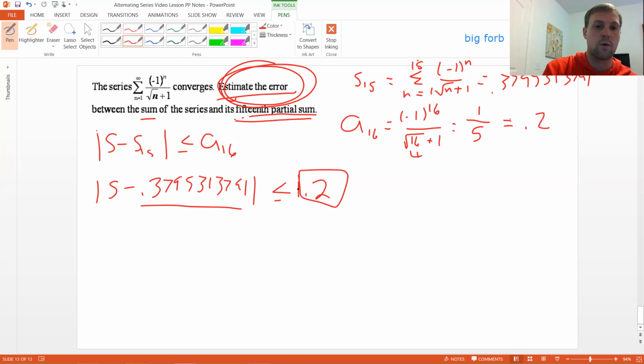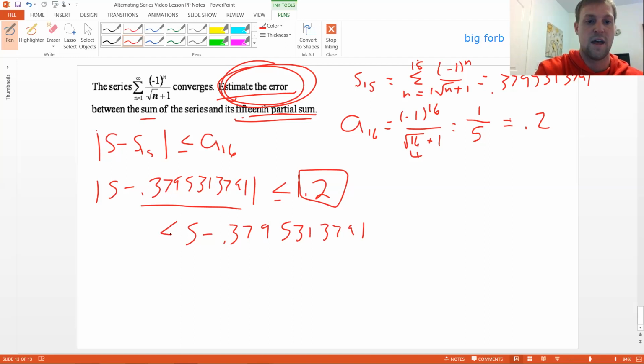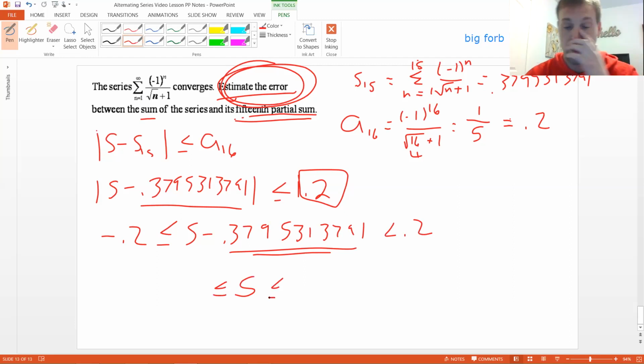And then if I asked a follow-up question, estimate what the sum is going to be, I'm just going to do what I did before. I'm going to say S minus 0.37953133791. I know that difference is going to be between -0.2 and +0.2. And if I add this to both sides, my final answer is just plus or minus 0.2 from that, which I got to be